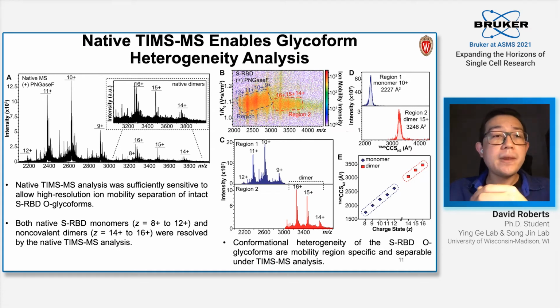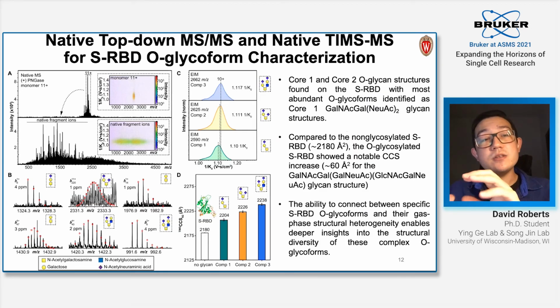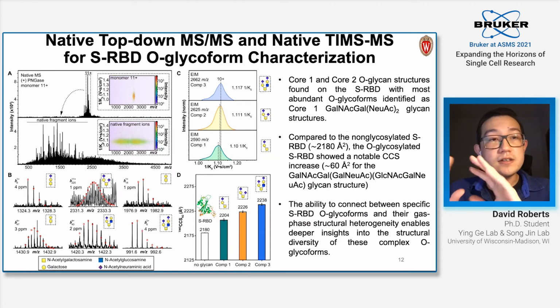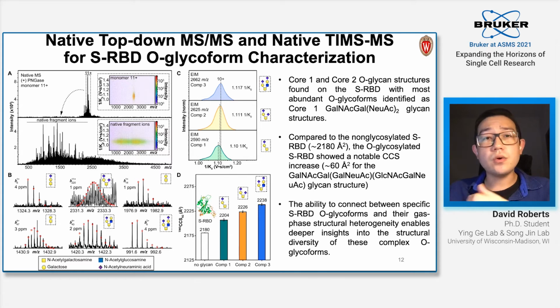In doing so, we were able to not only isolate specific regions of the S-RBD in its native state, but also take advantage of the fact that we can further characterize those different species by MS/MS. And so here what you're seeing are examples of using the timsTOF to specifically isolate in mobility space some region of interest corresponding to, say, one of the charge states or one of the monomeric or dimeric species of the S-RBD, and then fragment to try to understand where the sites of these modifications are and what exactly are the